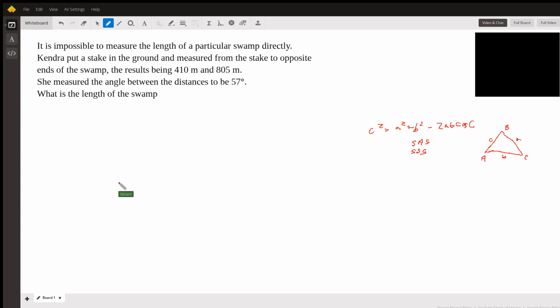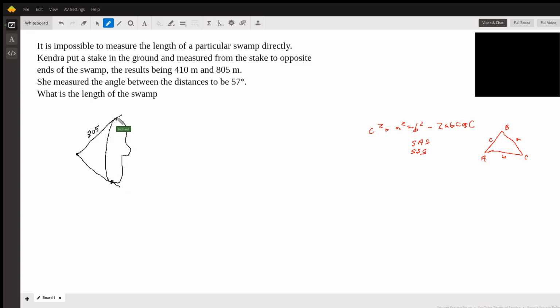So we have some kind of swamp here, and Kendra has put a stake in the ground, and she's measured the distance from the stake to the edge of the swamp here. That's 805 meters rather. And then from here to this edge of the swamp,